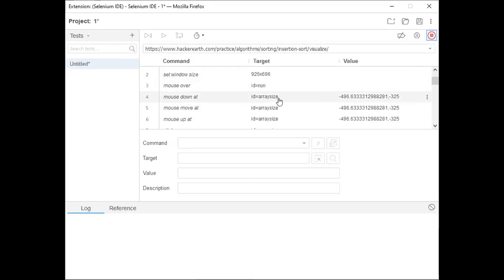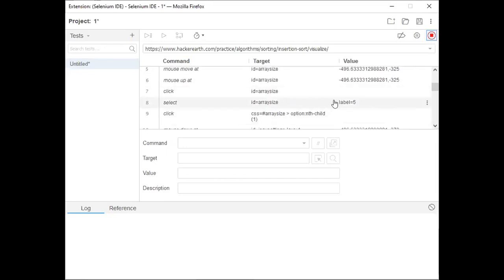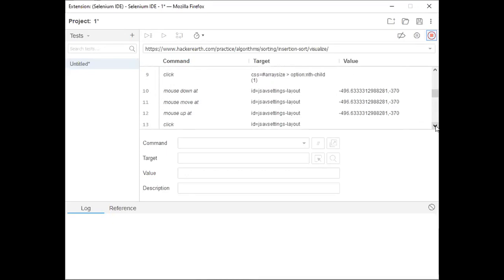Later, what I did was use the slide-down window representations. The down arrow has been pressed. There I selected some values. 5 is the selected value here, and the array size has been specified.